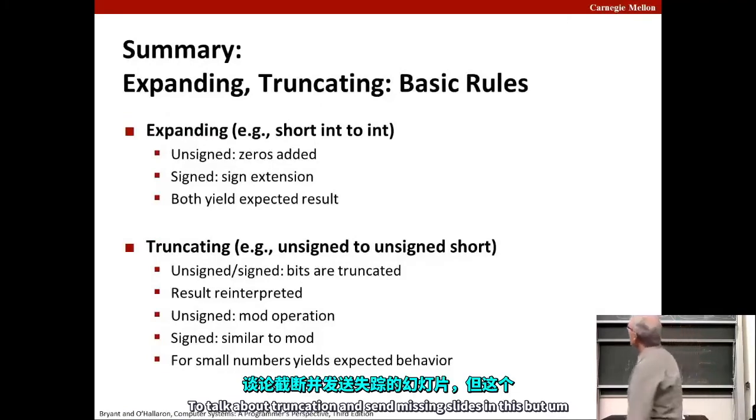Do we talk about truncation? There are sort of missing slides in this, but